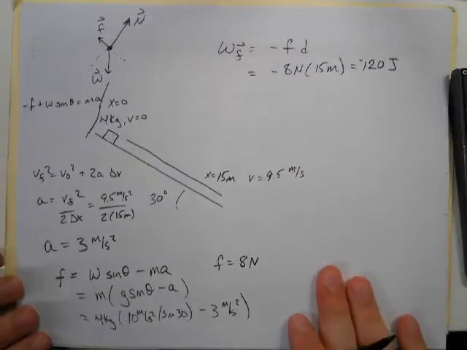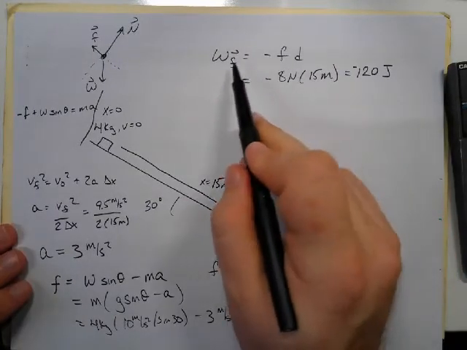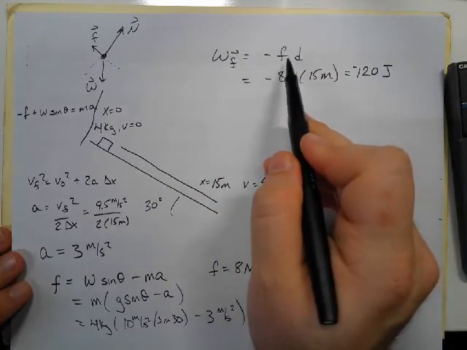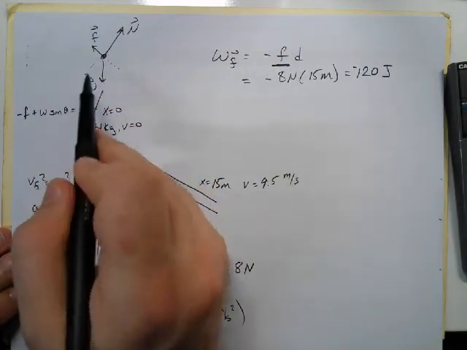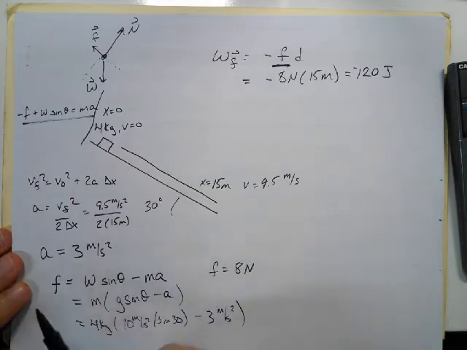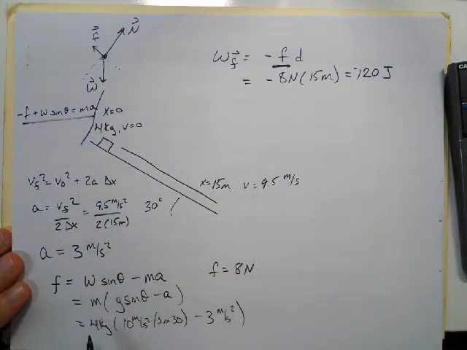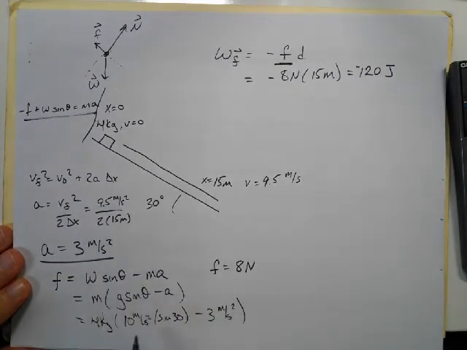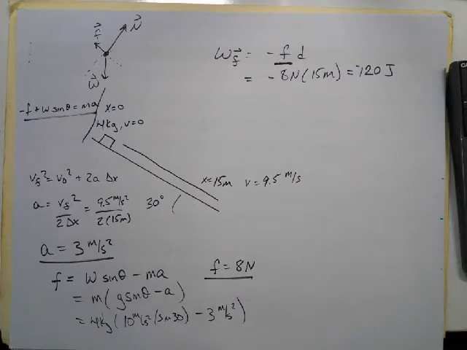But notice how much work that was. We started out with, oh, this will be easy. And then we had to go and figure out what this friction force is. So we did the free body diagram. We did Newton's second law. And then we're like, well, we got to figure out the acceleration. So we did kinematics and got the acceleration. And then we got the frictional force. And then we plugged in. Now, I propose that we can just jump ahead in the problem.